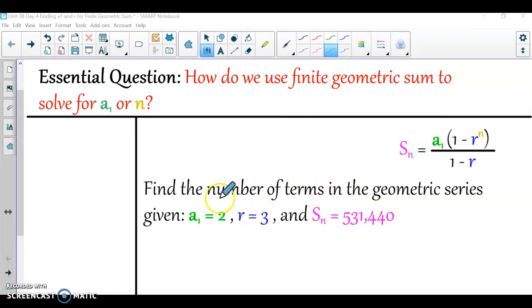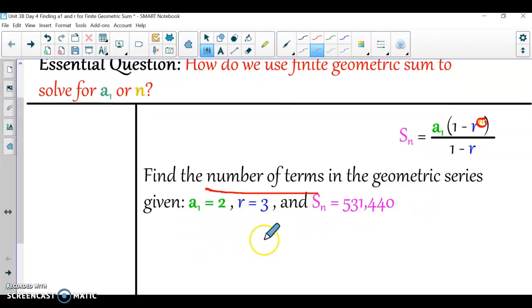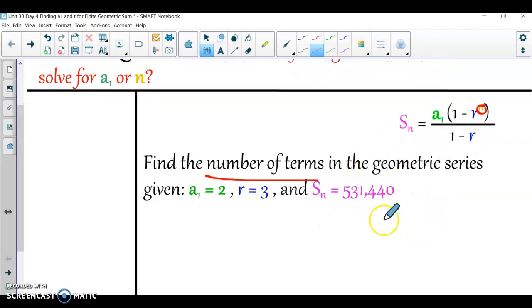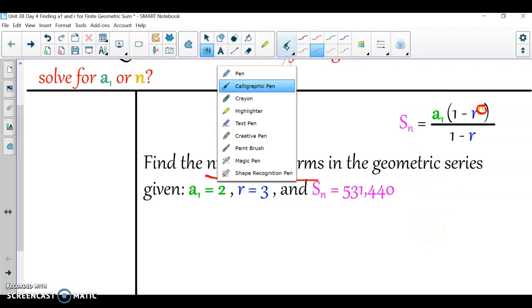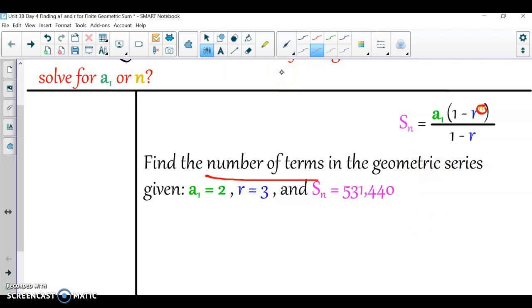We need to find the number of terms in the geometric series. And remember that's our value of n. Okay. And so we have the first term, the ratio or common ratio, and the sum of whatever many terms. We don't know how many terms, but that's what we're going to try to find out. And so if I look at my formula, we're just going to plug in our values, where Sn